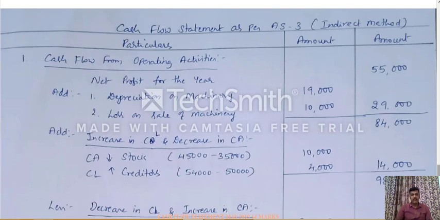Then for that we have to add the amounts that are usually debited to the adjusted profit and loss account. So here we have adjusted two items. One is depreciation on machinery, which we have debited to the machinery account. In the machinery account there is one entry as adjusted P&L account, 19,000, and in the same ledger account we have one more entry related to adjusted profit and loss account, that is loss on sale of machinery, 10,000. So we add the two, which is 29,000. 55,000 plus 29,000, the total is 84,000. So for that we have to adjust.